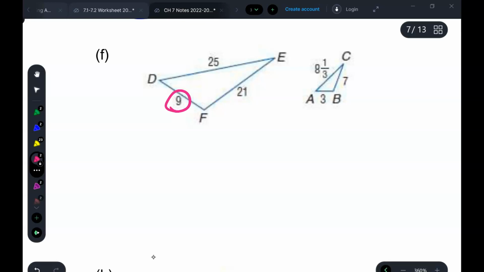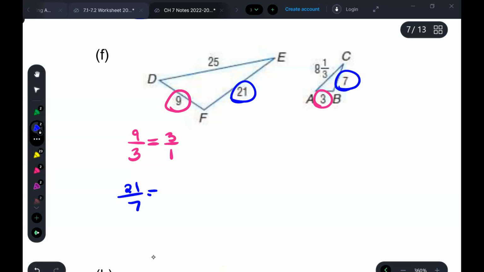Okay. What are we going to compare 9 to? 3, because this is the smallest one here. So 9 over 3 is 3 over 1. We're going to compare 21 to 7, which also gives us 3 over 1. Again, don't stop with just 2 sides, we have to make sure all 3. So we'll check